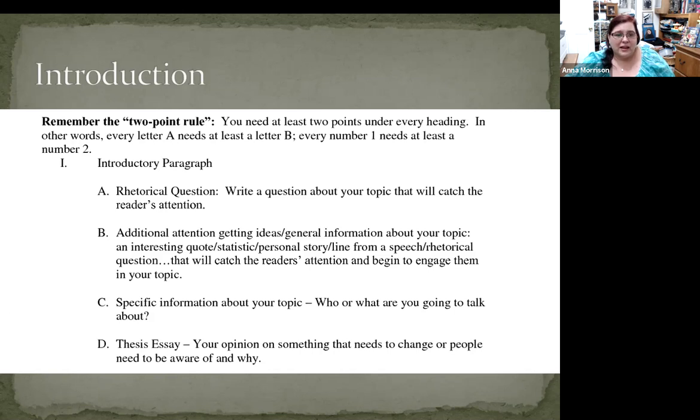So with that being said, I'm going to turn on my laser pointer here, and you have your 2-point rule. So the very basic that I'm asking from you is 2 points for every major section. So for your introductory paragraph, all I'm really looking for is your hook and your thesis. But if you would like to add your background information from the Gale or Credo or CQ Researcher, wherever you got it from, that's strongly suggested